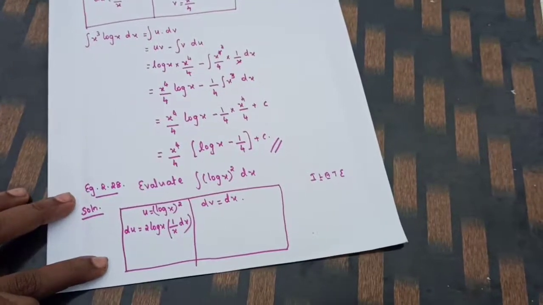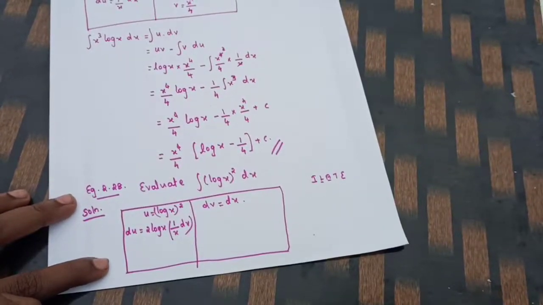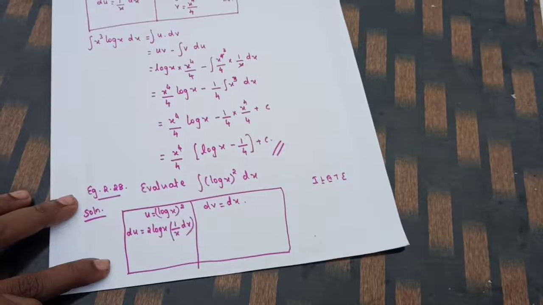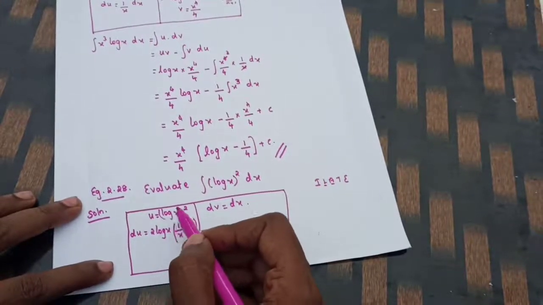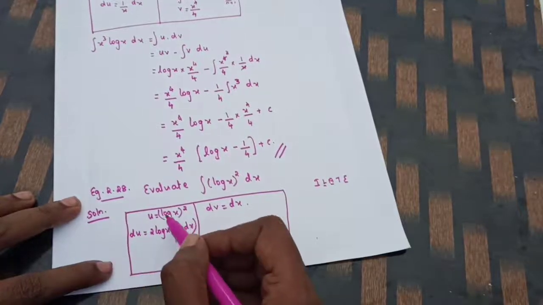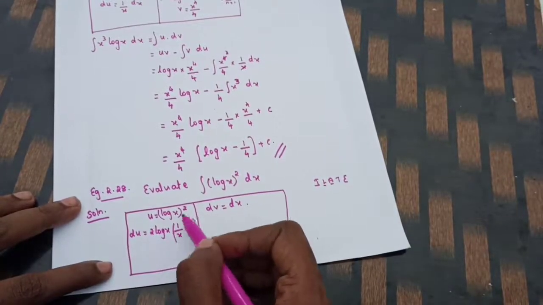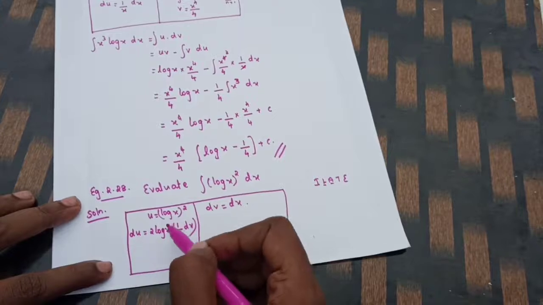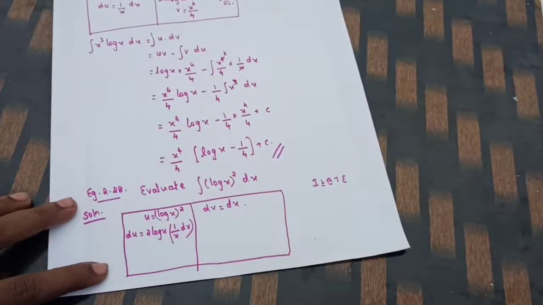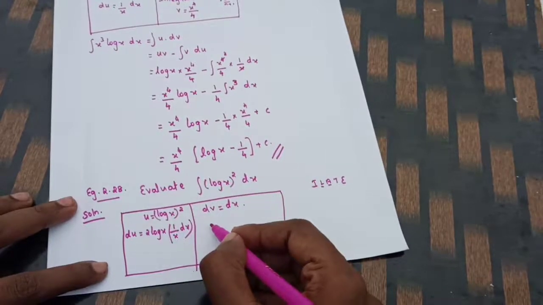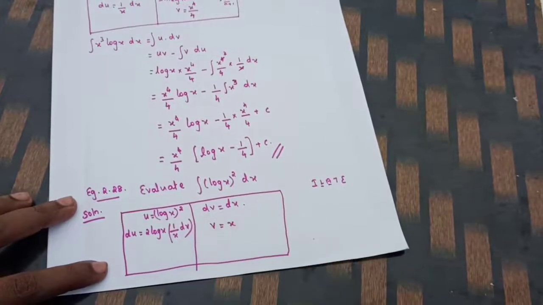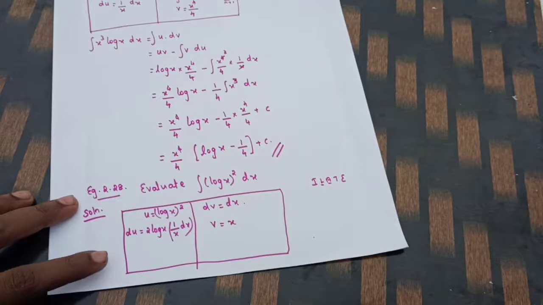Now you will have a doubt. Why ma'am are you putting like this? The differentiation of log x is 1 by x alone, no? No, here it is (log x) the whole square. So when you are differentiating, what will happen? 2 log x, that is, 2 is the power, so 2 log x into the differentiation of log x. I explained this last year. So now if you are integrating dx, what will happen? v equal to x.